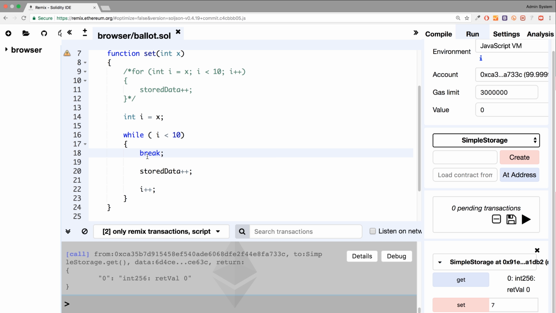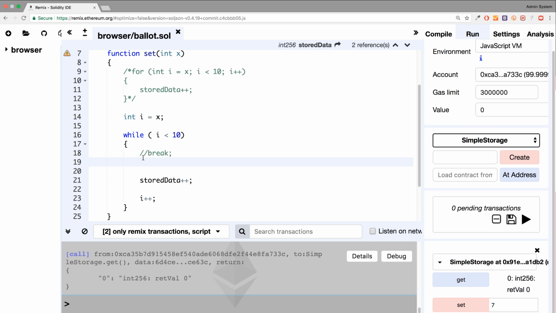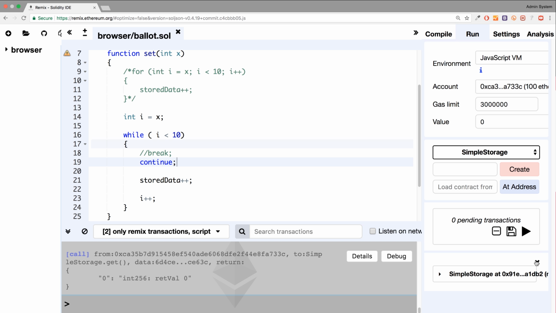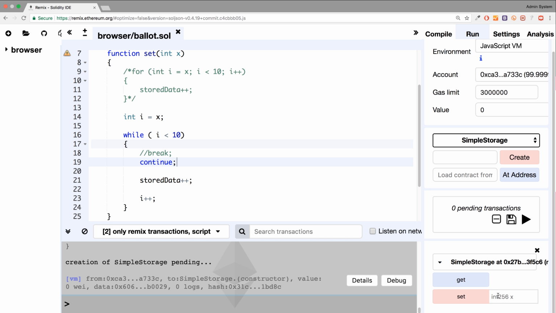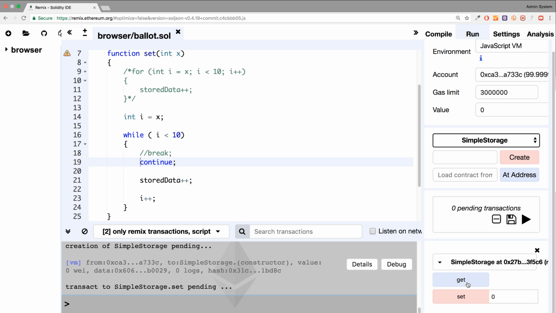There is another cool one called continue, and continue just skips over that particular iteration. So if I create a new contract and I set it to 0, without this, it would give us a value of 10 in stored data. With it,